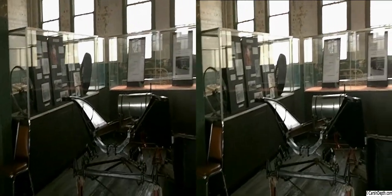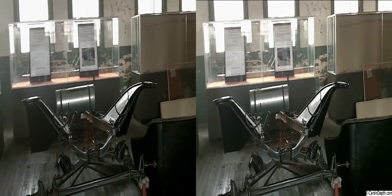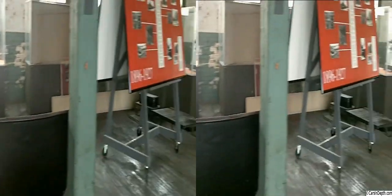This is a Model T chassis, although I'm not so sure about that suspension. It looks like a trick front suspension, but